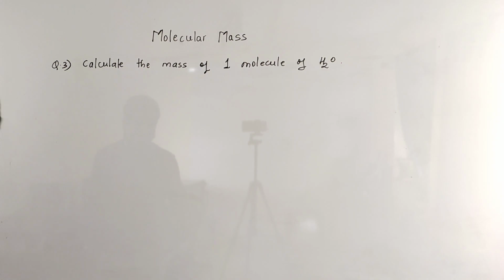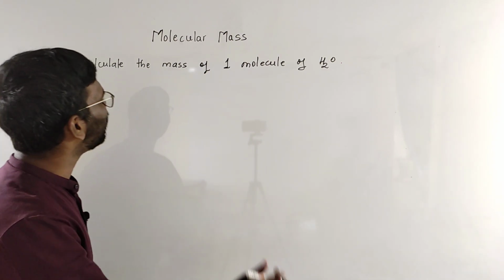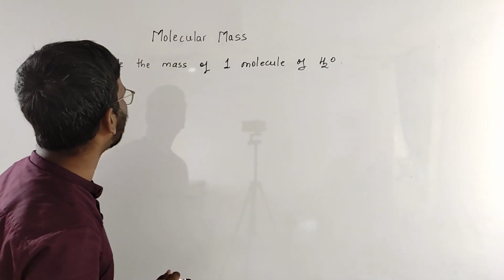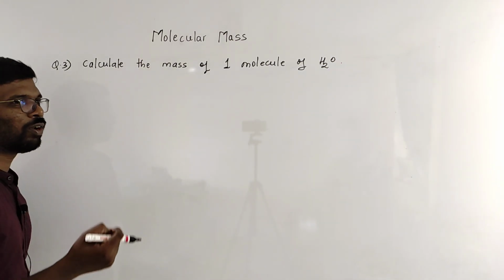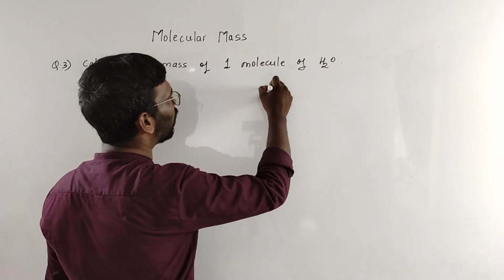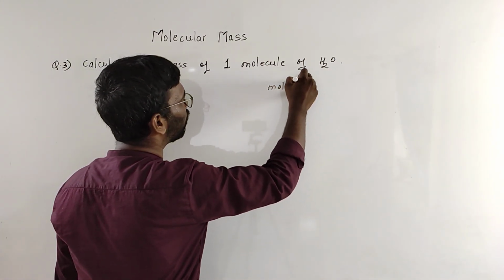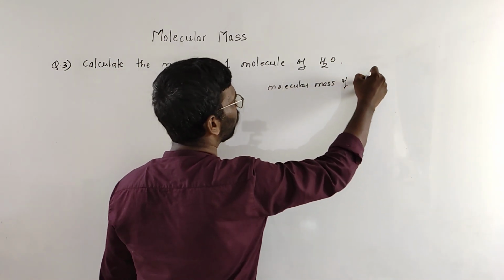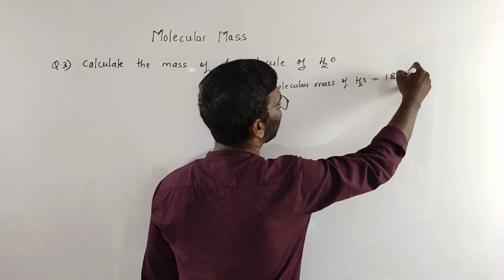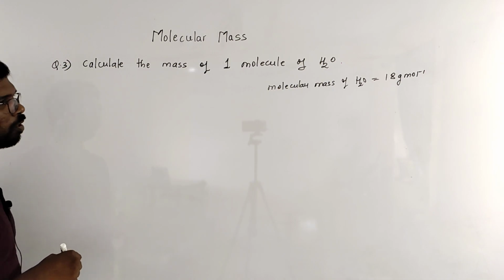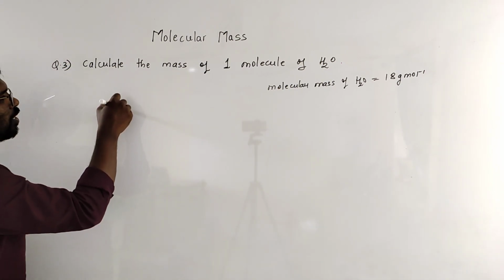So the next question over here is, calculate the mass of one molecule of water. So we have to calculate the mass of one water molecule. We know that the molecular mass of water is equal to 18 grams per mole. I have to calculate the mass of one water molecule. So what is the relation? 18 gram